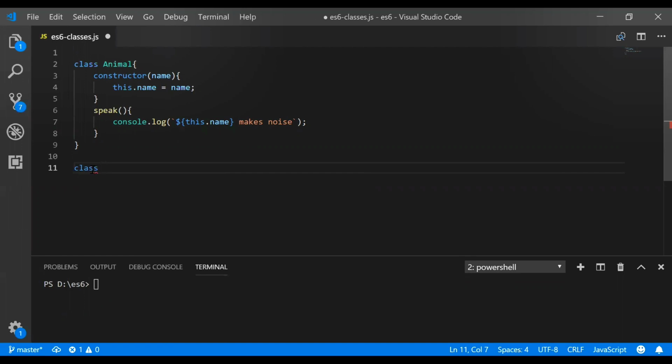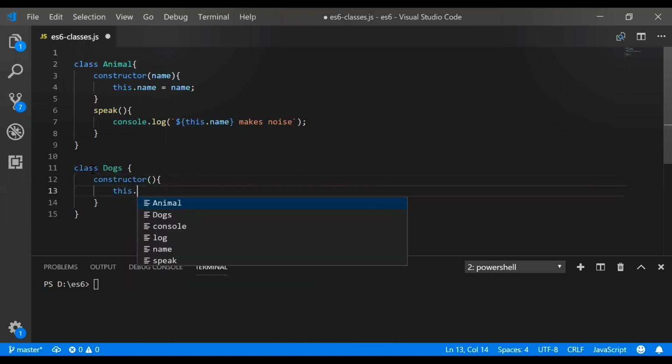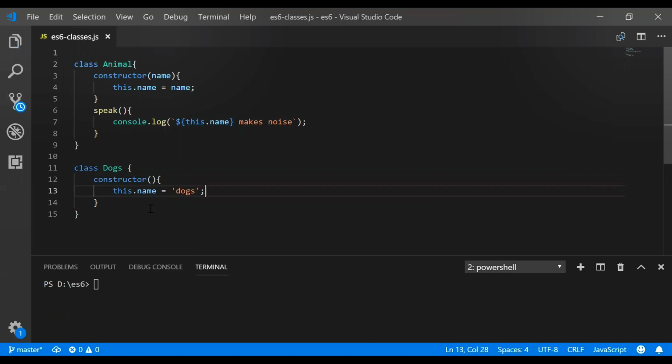Now here we are taking another class, dog, and we will be writing a constructor normally. So this.name, normal, how we have done for animal. But now, for dogs, we are giving a name. Now what we want is the same thing, the speak method. We want the speak method to be called inside dogs. So there is no need to mention it again inside the dogs class.